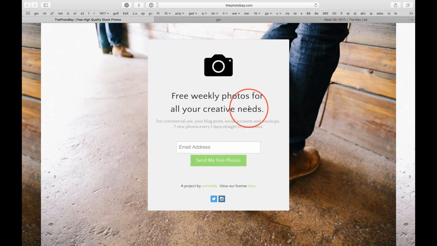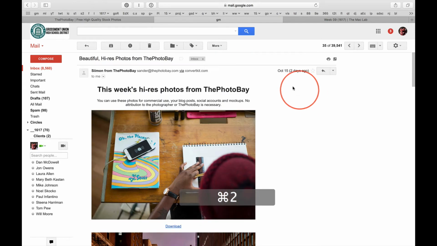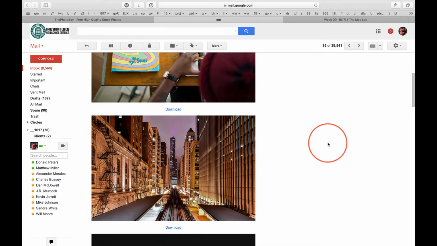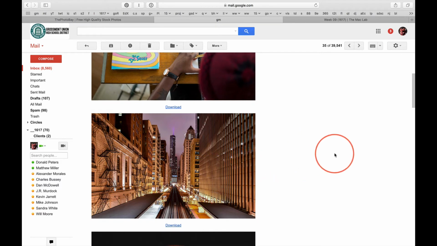Now, so what's the big deal about signing up for the photo bay? Well, this is one of dozens of free, high-quality stock sites that you can sign up for. And I've done that. So I'm going to jump over here to my email account. And hey, here's what I got on Saturday. And as is normally the case, I look at some of these pictures and think, when will I ever use that? So I don't download everything I see. But I did see this and say, hey, this might play into what we've been talking about.